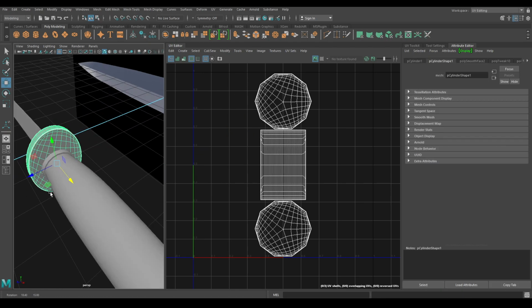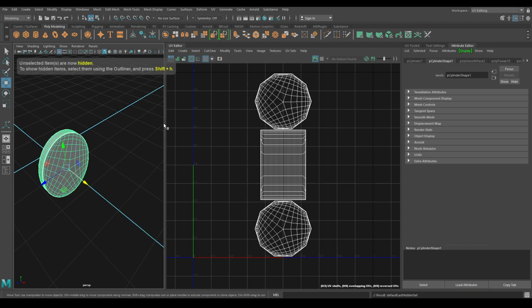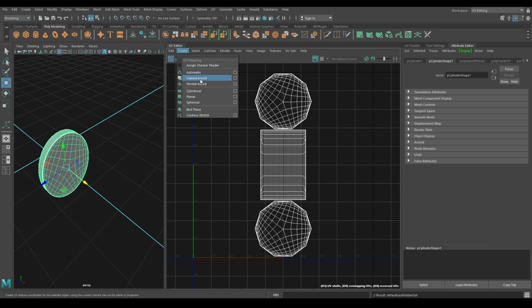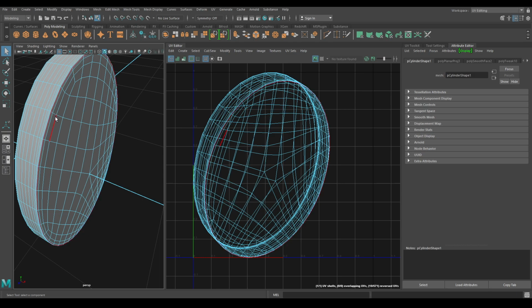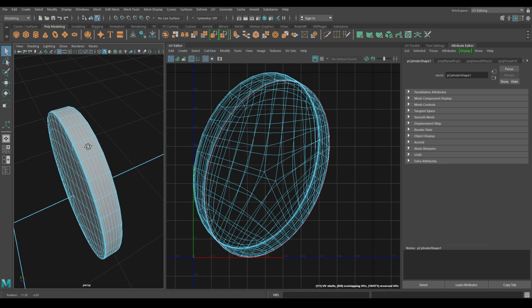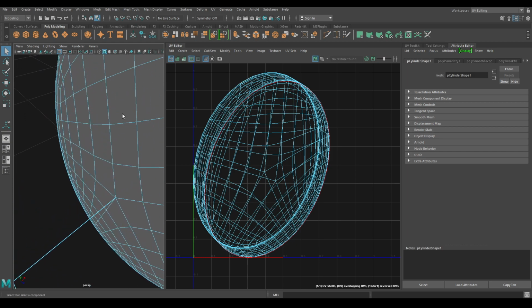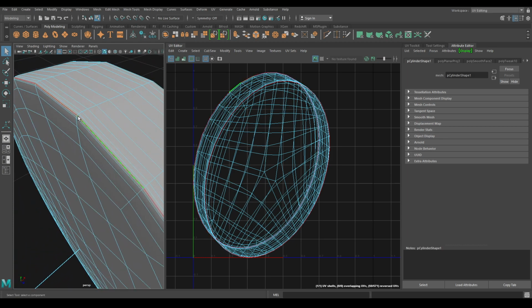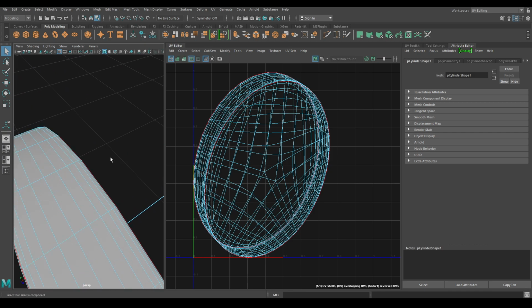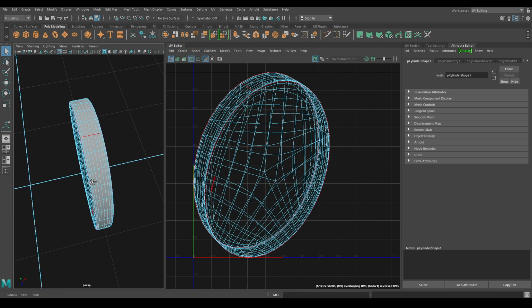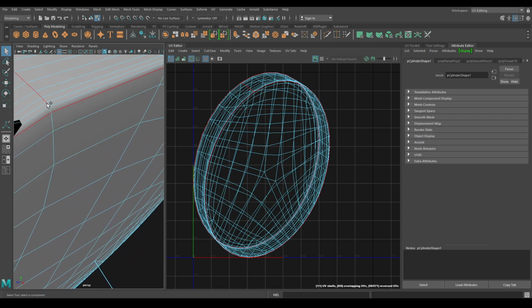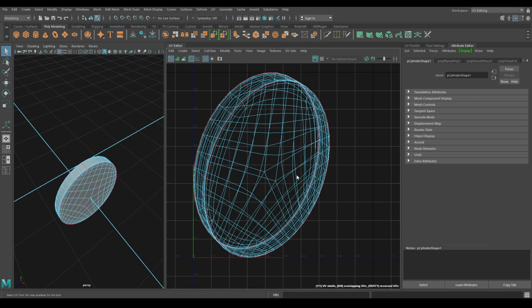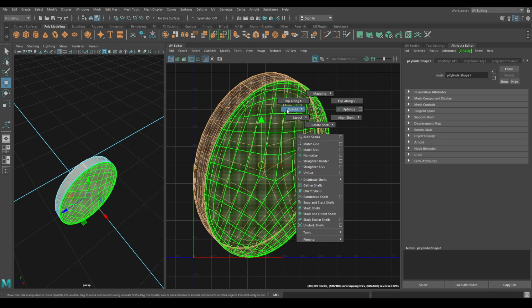Bring back your model. Select this cylinder, press Alt H, go to create and select this camera based. Go to edge mode and create some seams. Go to your UV editor and in the edge mode, select cut. Now go to shell mode, select all the shells and unfold.